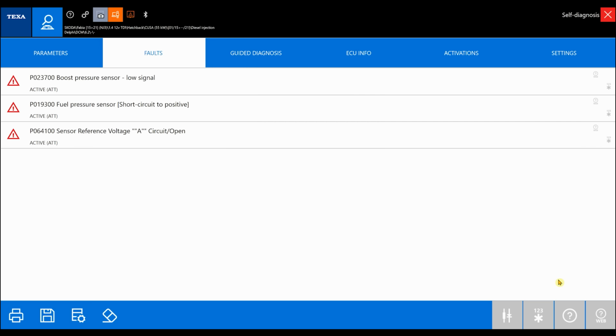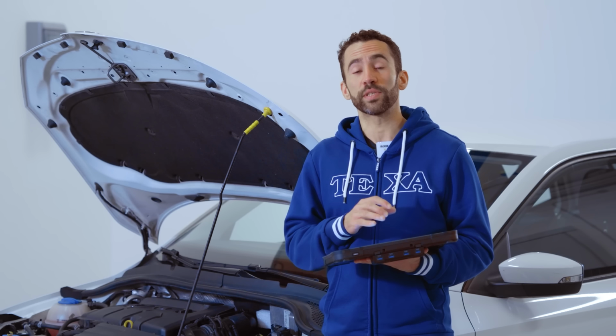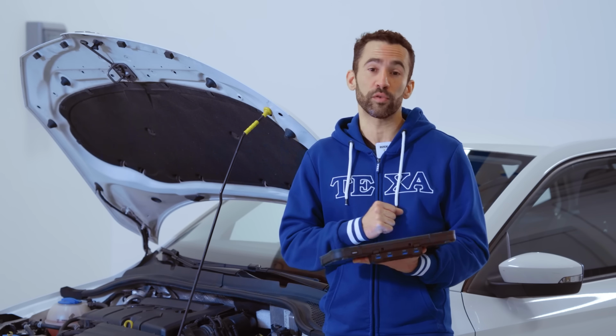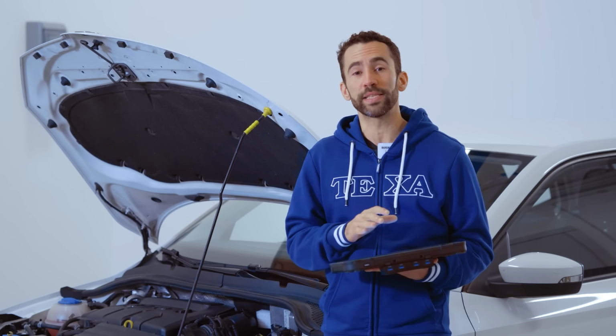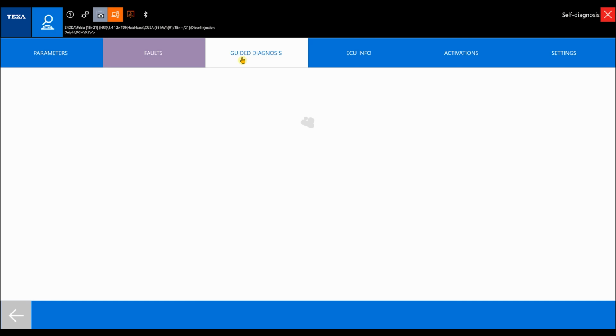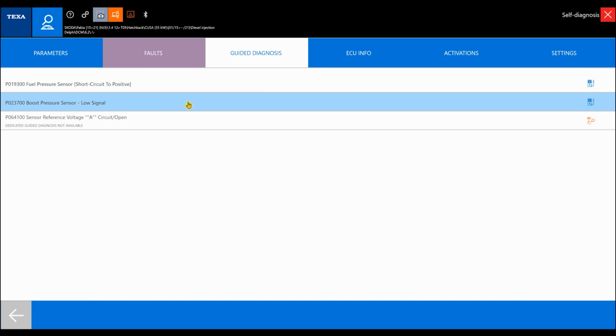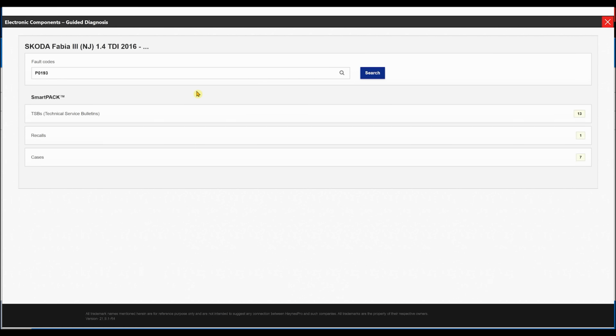In particular, there are the following types of faults: in the boost pressure sensor, and in the fuel pressure sensor with the sensor reference voltage A. Let's select the guided diagnosis for the fuel pressure sensor and follow the procedures indicated in the page that summarizes all the information available. The guided diagnosis shows us two contents: